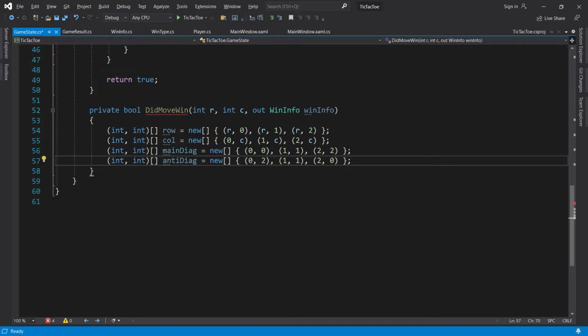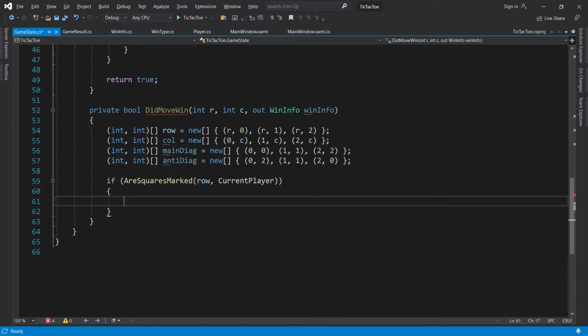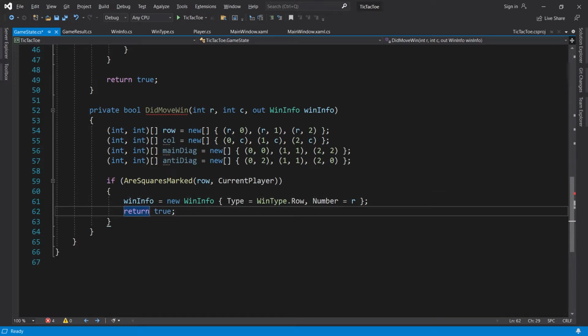If every square in one of these arrays is marked by the current player, then that player has won the game. We will use our rSquaresMarked method to check if that is the case. Let's start with the row. If rSquaresMarked returns true, we know that row R is full. So, in the winInfo object, we set type to winType.row and number to R. And return true. We do the same thing for the column squares, but in the winInfo object, we set type